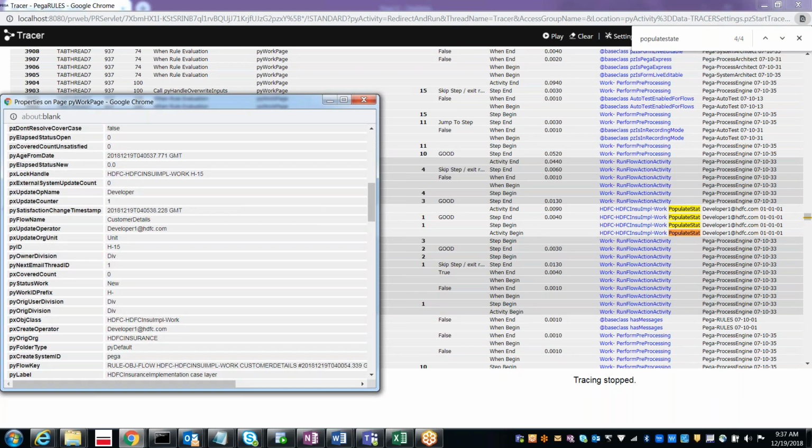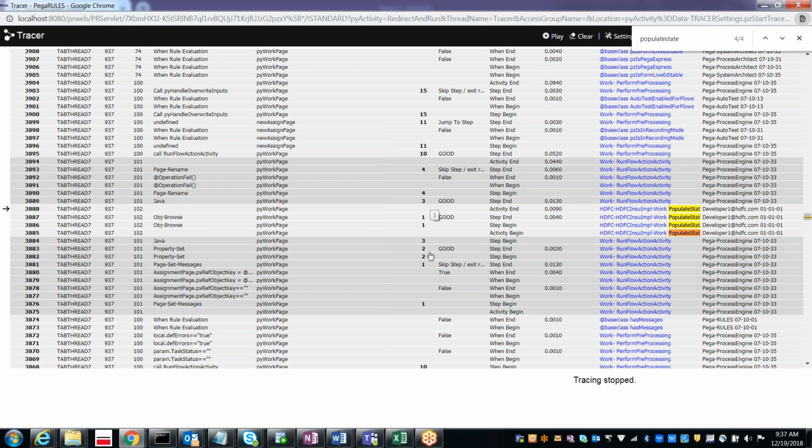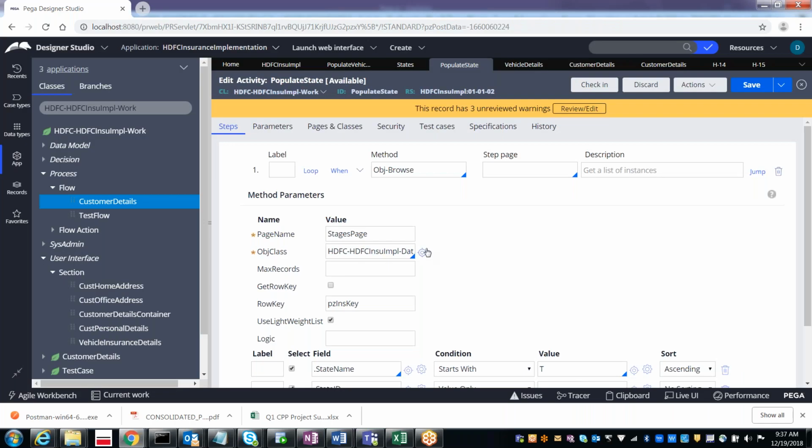Okay, actually, this is also one of the debugging tools. I will let you know again. This is the tracer. This is also one of the debugging tools.